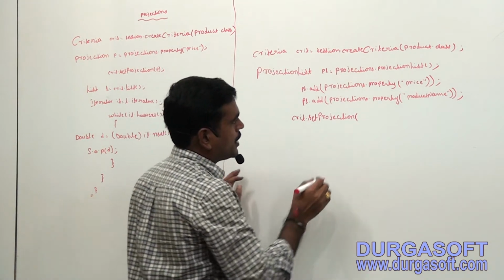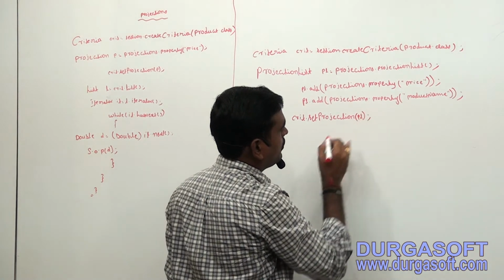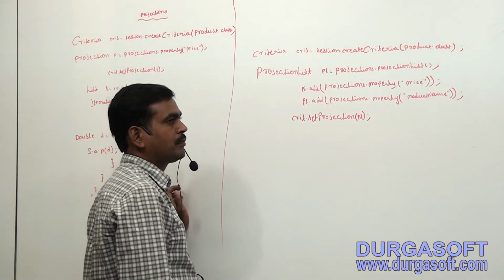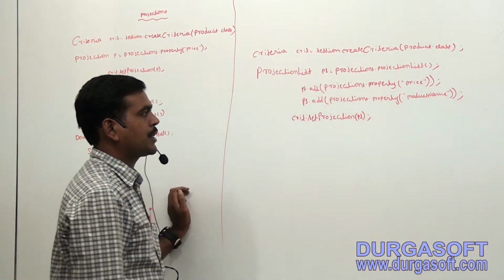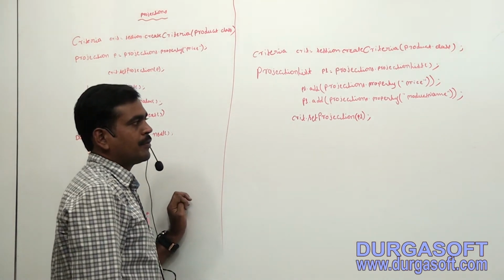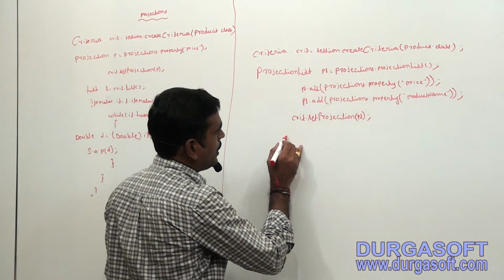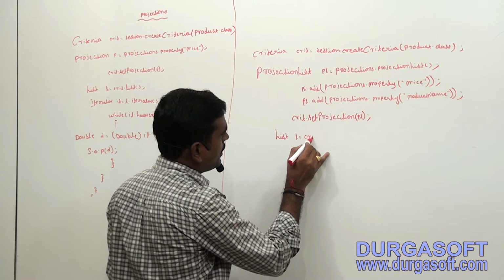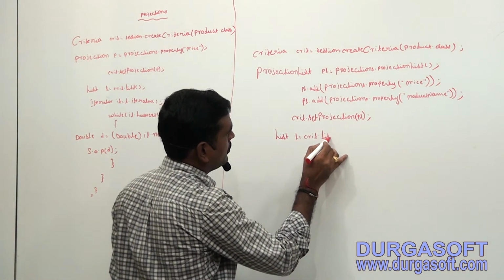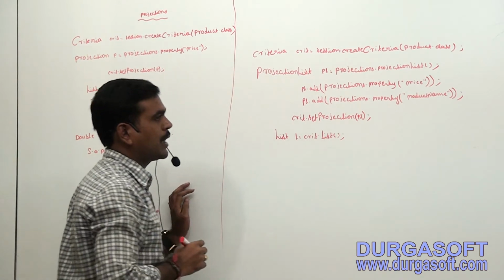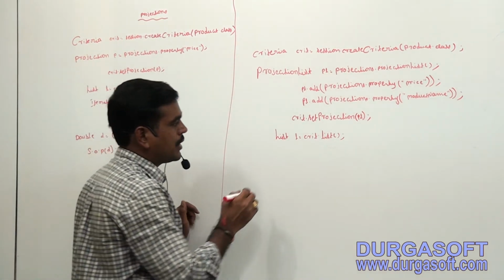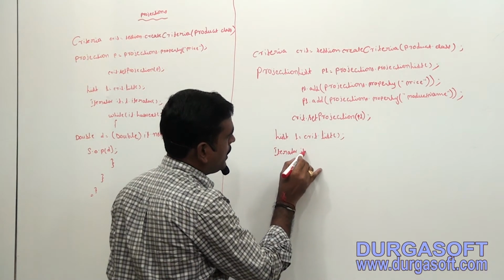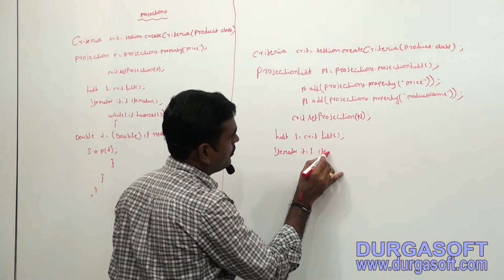Criteria dot setProjection(pl). Then next, what we have to do: List l is equal to criteria dot list. Then next after that, Iterator it is equal to l dot iterator,